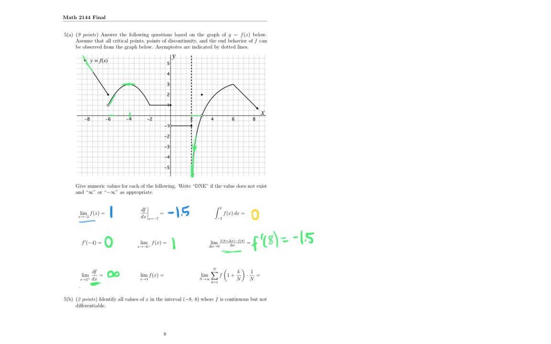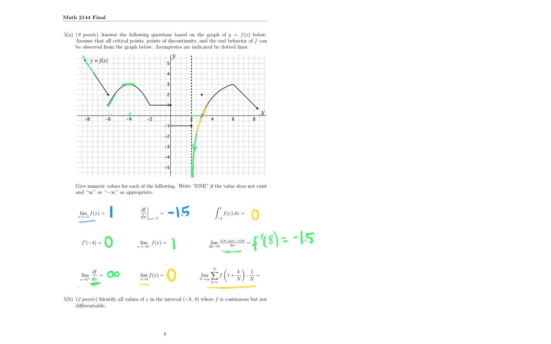Okay, the next one, as x goes to 3, the limit of f as x goes to 3. So as x goes to 3 from the right and left, my y values are both approaching 0. And then this is